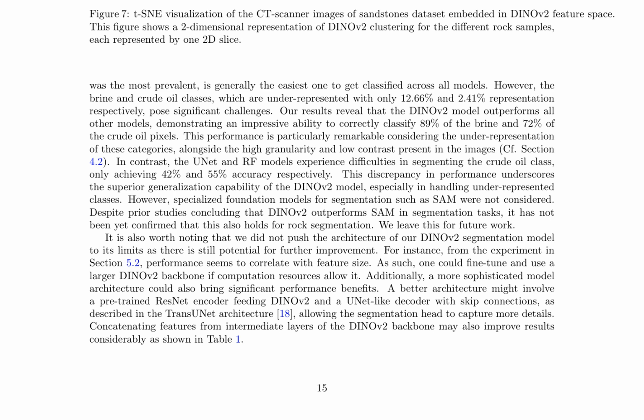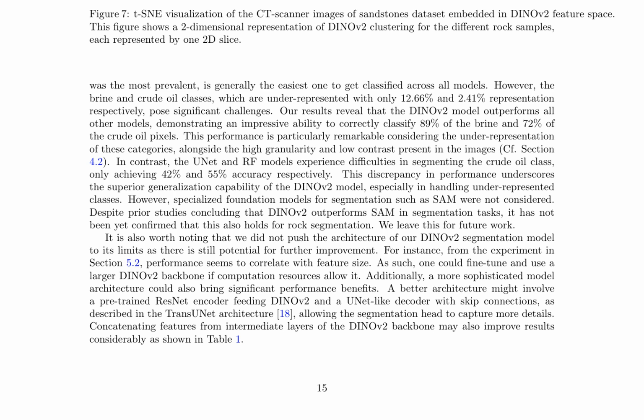The study also highlights the potential for further improvement in the DINOv2 segmentation model. For instance, the experiment in section 5.2 suggests that performance correlates with feature size, implying that fine-tuning and using a larger DINOv2 backbone could lead to better results. A more sophisticated model architecture, such as a pre-trained ResNet encoder feeding DINOv2 and a UNet-like decoder with skip connections, could also bring significant performance benefits. Table 1 shows that concatenating features from intermediate layers of the DINOv2 backbone may also improve results, suggesting areas for